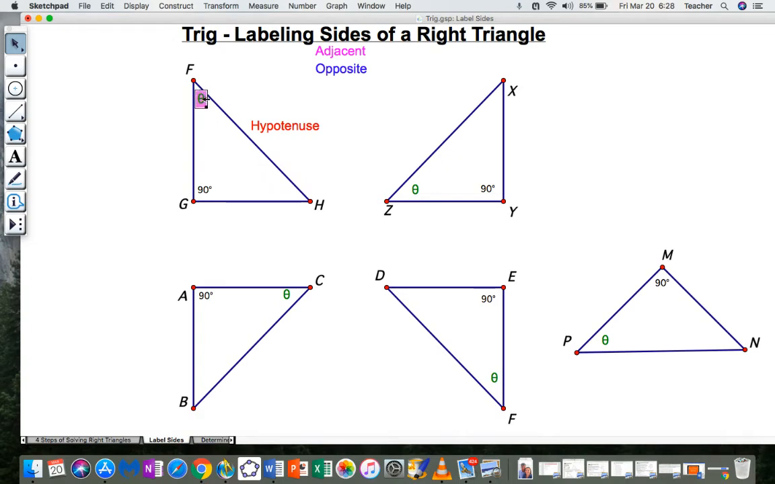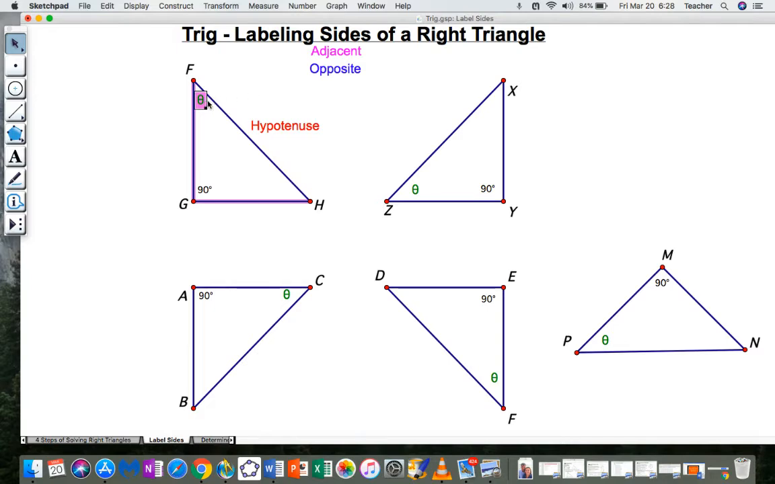Sometimes they'll ask for angle F. Sometimes they'll ask for angle H. In this example, it's F. So that determines which one is adjacent and which one is opposite. The other two things I have to label. So I have these two sides that have not been labeled yet, based on that angle